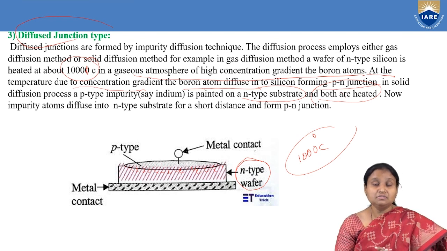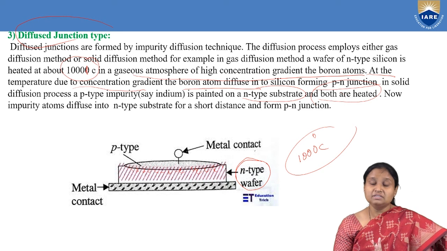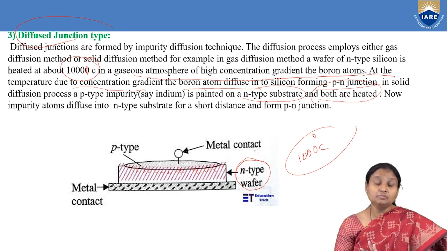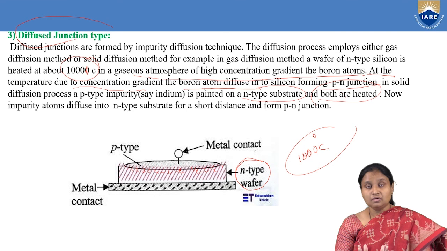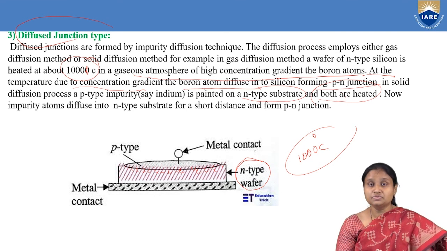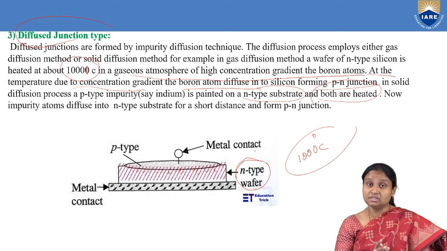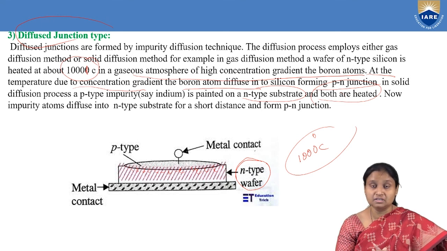And then after that, we have seen what are the different methods of forming p-n junctions. So in this video, we have discussed three types. The first one is the grown junction type, where we'll take our intrinsic semiconductor in molten state, and then we are going to add two different types of impurities at two different stages. And then next we have taken the fused junction type, where we'll just bring these p-type and n-type layers together, and when we heat it, we have diffusion of one type of impurity into the other, opposite type of semiconductor. And then the third type we have seen, where we are taking impurities in gas form, and this